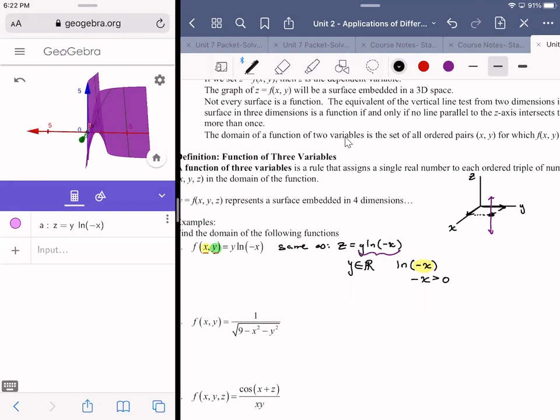So simplify or solve. X has to be less than 0. Divide both sides by -1. Remember, you flip the direction of the inequality. All right. So what I get from this is the domain